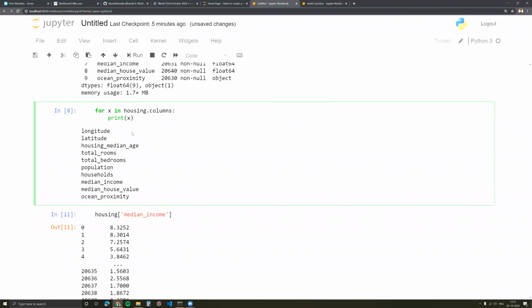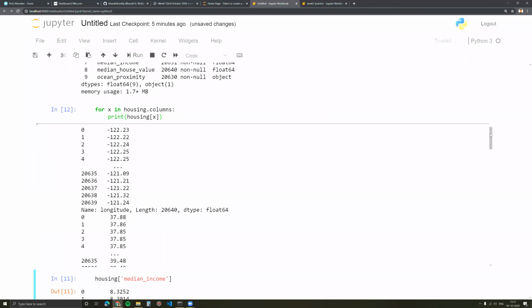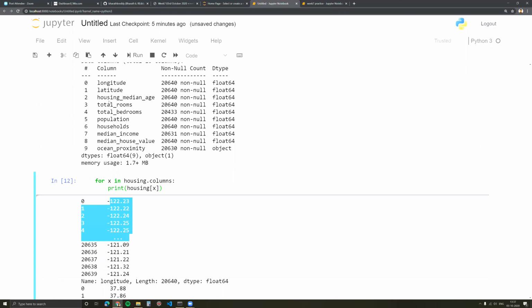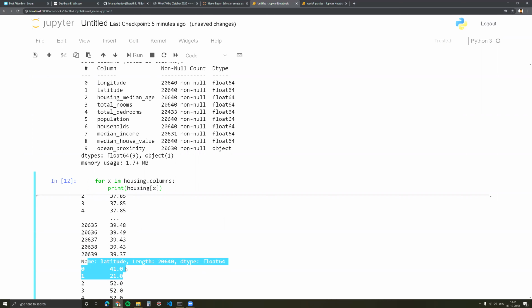So what I want is, instead of x, housing x. Now what this has done is, the first time it has printed everything that was in longitude, that was the first column. Then it has printed latitude, so it has printed all the columns one by one.